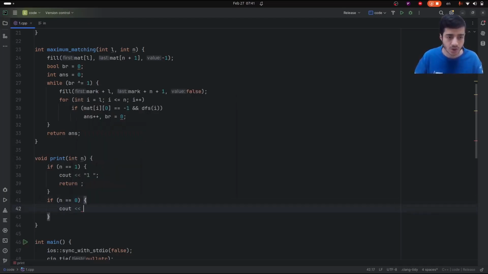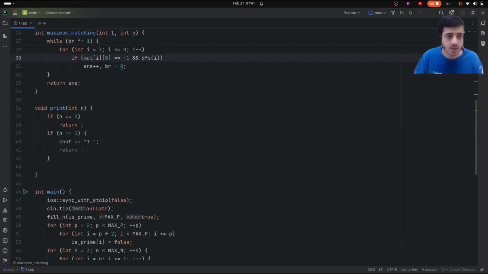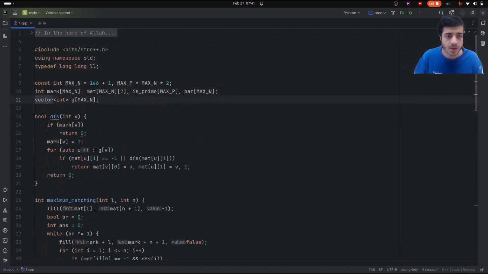If n is 0, just return. Then I need to make some certificates here. Let's define vector prefix